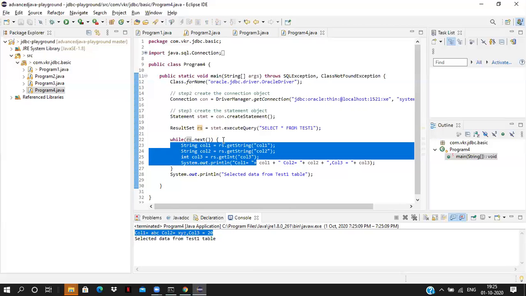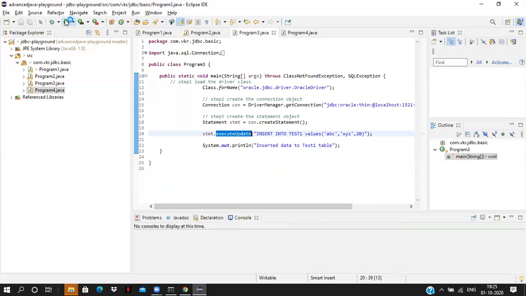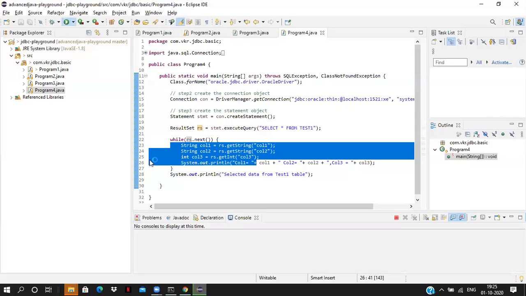See, only one record. Now if you want to insert a duplicate record, one more record, we can call this again. One more record is inserted. You go and run this. We'll get two records here, two duplicate records.